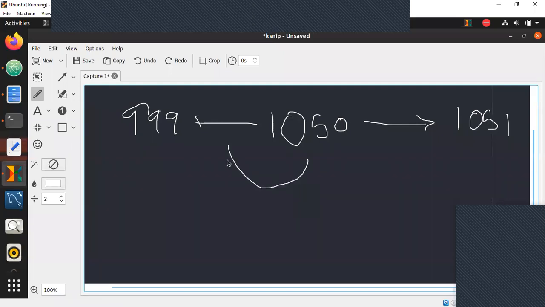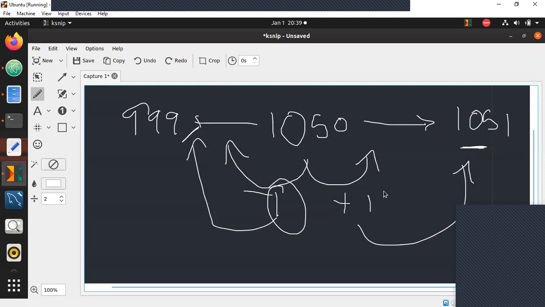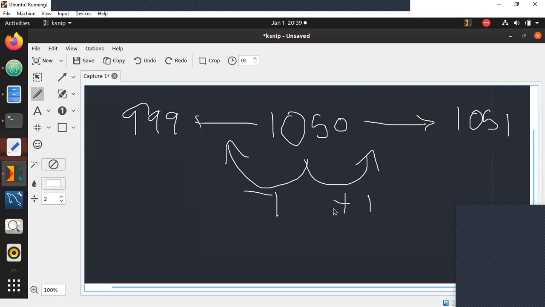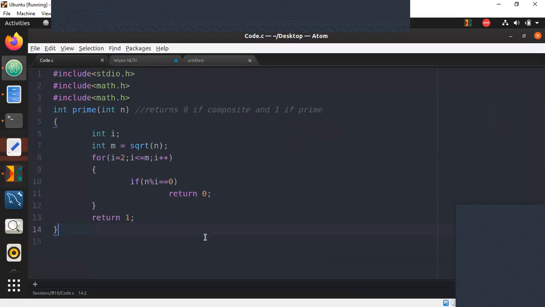So rather what you will do is take the number, subtract 1, add 1, and find if any of these are prime numbers. When you subtract 1, see if that is a prime number. When you add 1, see if that is a prime number. If any one of them is a prime number, the distance is 1, that is your lucky number. If none of them is prime, then subtract 2 and add 2 and check if any of those are prime. If any of those are prime, then yes, state that 2 is the distance, or 2 is the fortunate or lucky number. That's what we will do.